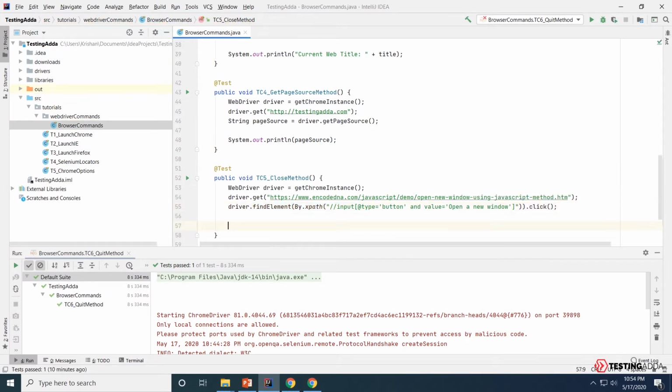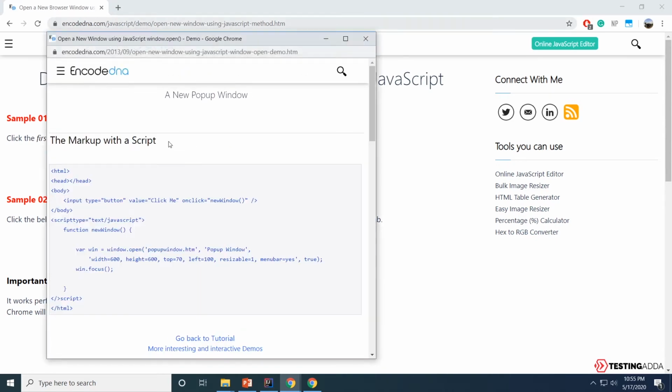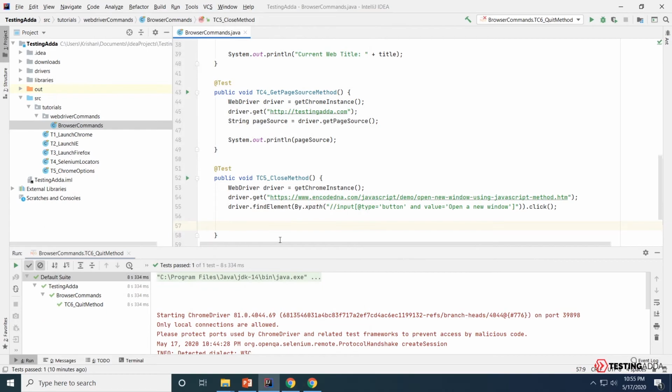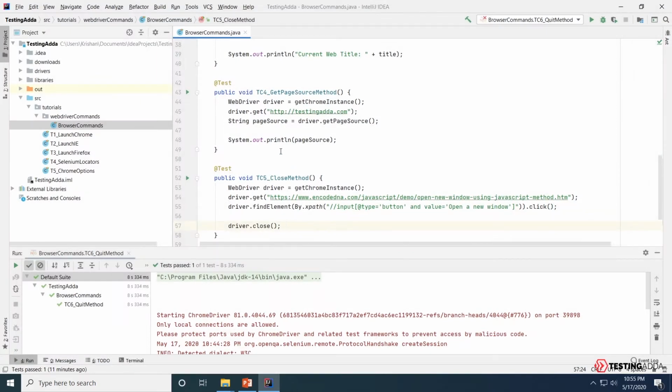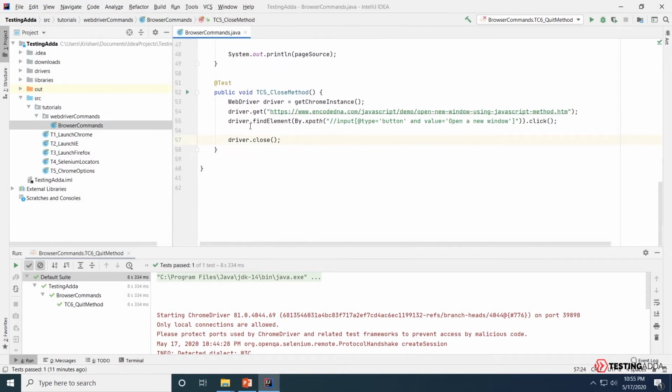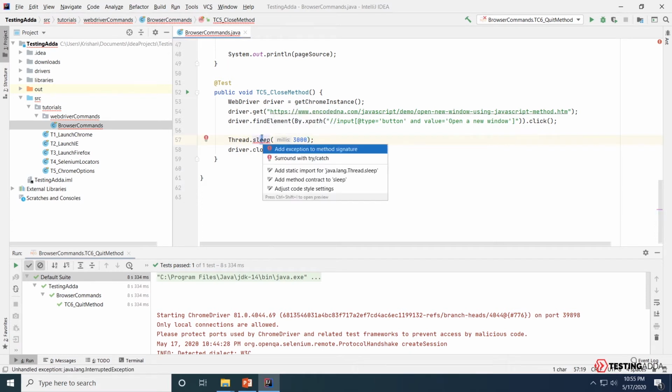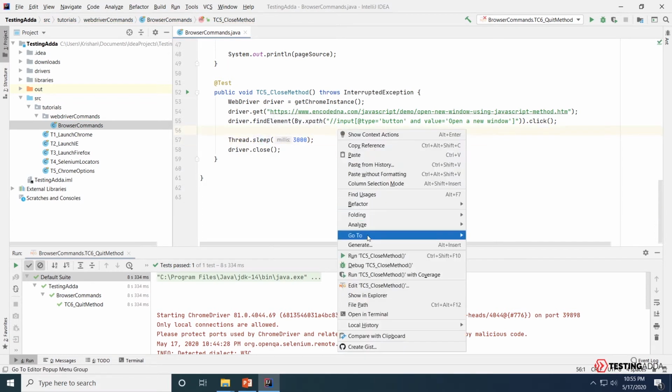Now what we want to do is, this must open a window. What I'll do is driver.close. Now let's see how this method behaves, but before that I'll close all the Chrome browser instances which I have so we can actually identify what it does. I'll also add Thread.sleep so it is not too fast to follow. So I'll add 3 seconds of delay here. Now let's try executing this method using right click and run.